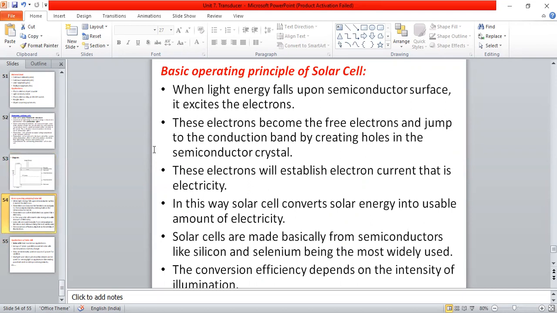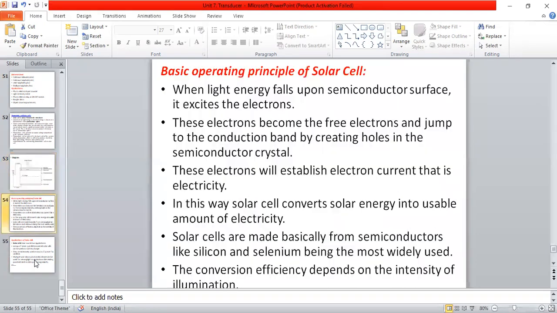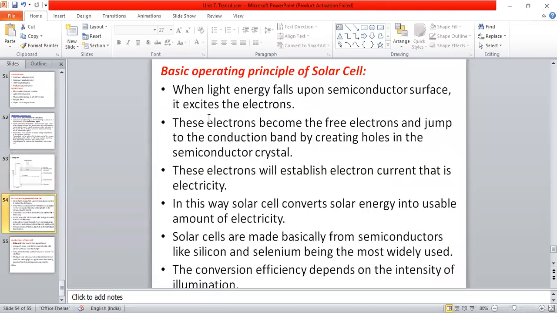Is it clear? Yes, sir. Solar cell. So almost it completes the 7th unit. I will explain this one. Read this, I will read that one. You can listen one more time. The policy is that understanding means 10 times reading equals 1 time writing. So with the diagram I have explained, with the explanation also we'll do that one.